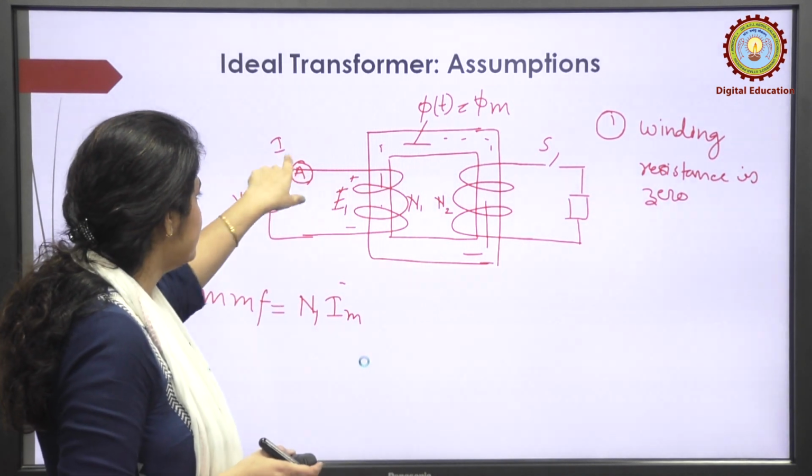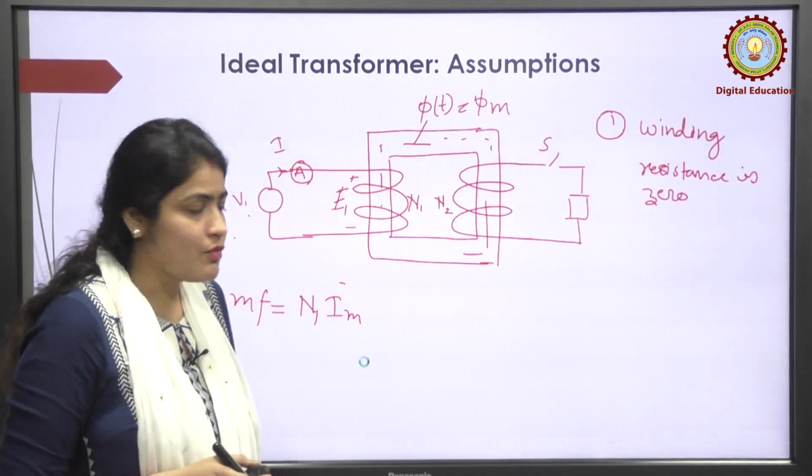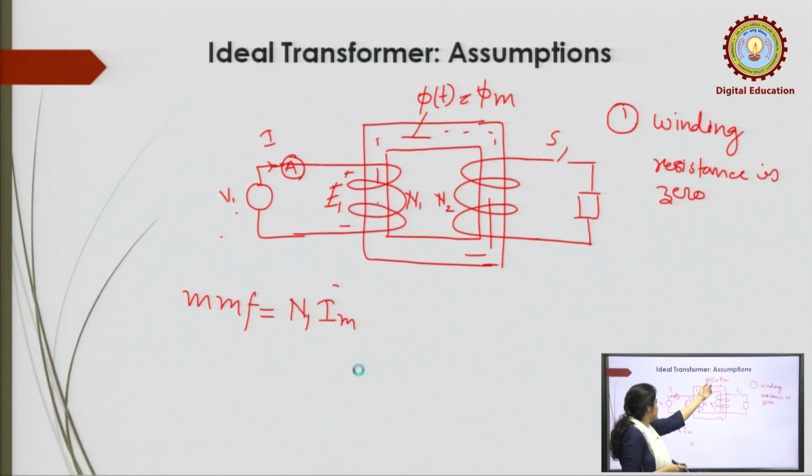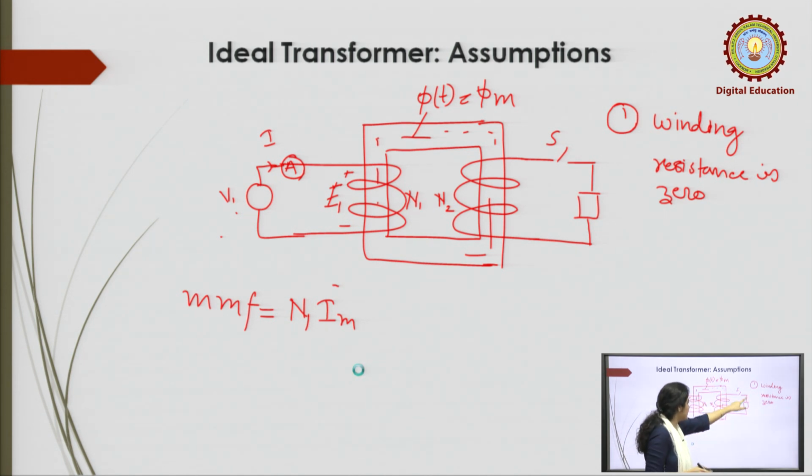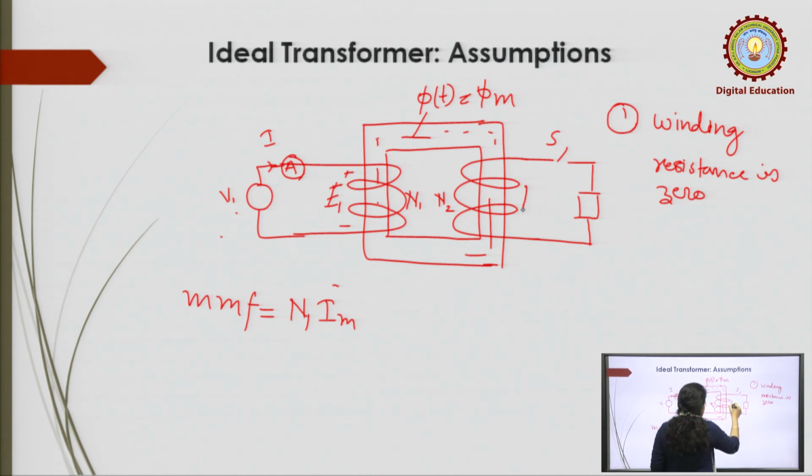So, the requirement of this magnetizing current is very small, and this flux is a changing flux. So, EMF is induced in this winding, and this flux is also linked with the secondary winding. So, according to Faraday's law, EMF is induced in the secondary winding also, and suppose it is E2, and